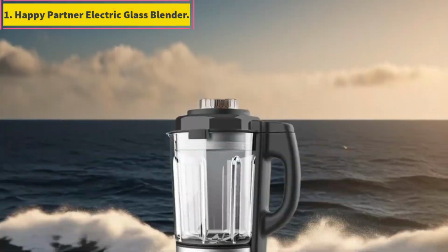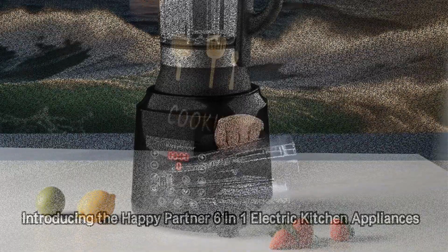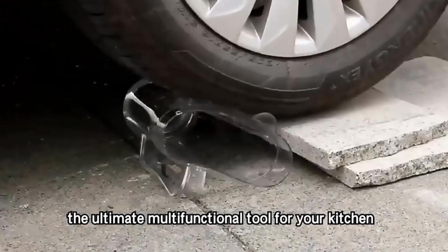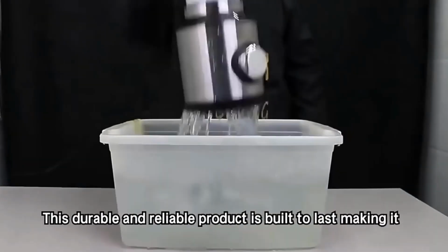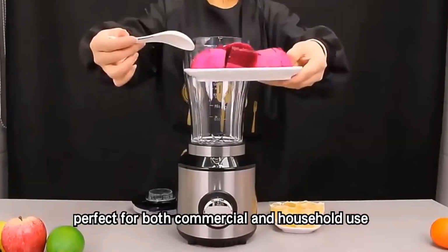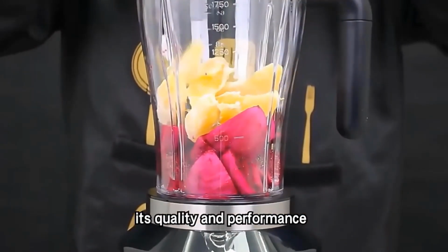Number 1. Happy Partner Electric Glass Blender. Food Processor 3-in-1, Food Processor 4-in-1. Motor 7025 minutes, minus 7030 max power 350 to 400 watts, 2 speeds control with pulse, 1.0 liters blender jar. Grinder jar 50G, chopper 100G, 3-in-1 package details QTY 4